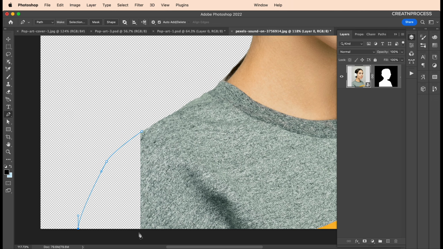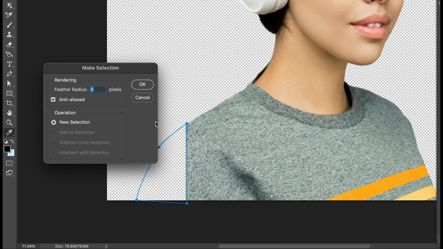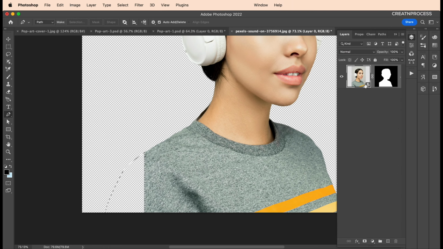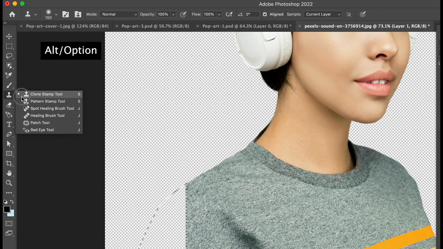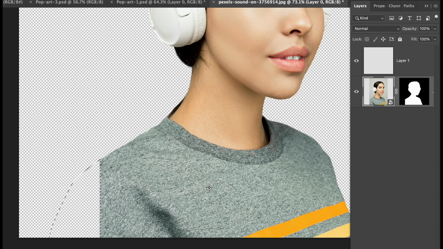With the alt press, click to break the point, click, and this will make a selection. Now after making the selection, add a new layer on top. To this, I'm going to use the clone stamp tool and, selecting this layer, select a region from here. With the alt press, you can see this icon, just click on the region, click, you want this texture,